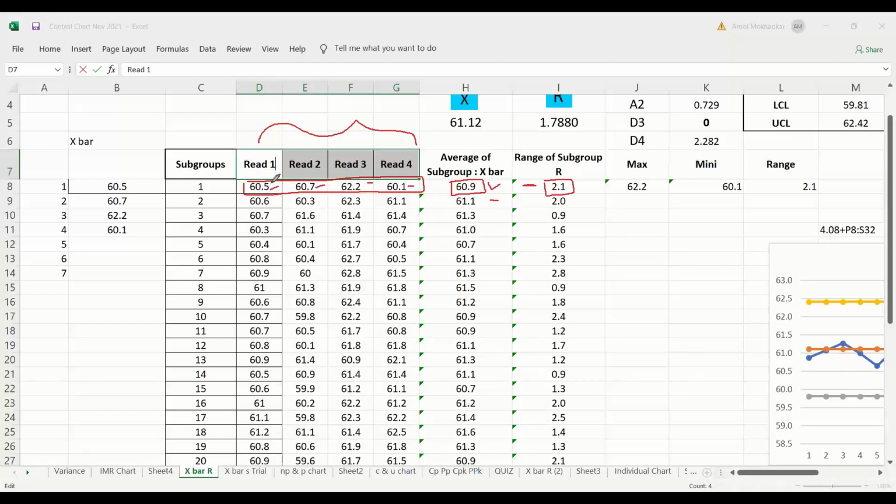But there are 4 readings. The 4 readings give you the data, but I need only one value. I need the range of the data, the range of these 4 data. What will be the range of these 4 data?